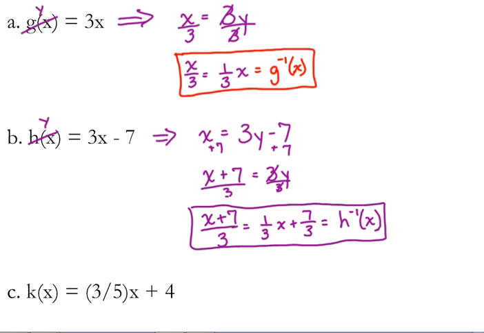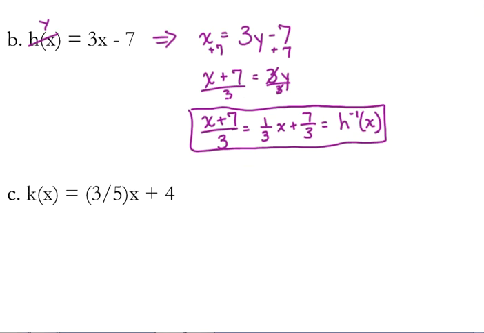Let's see if it still applies when we have a fraction. K of x is equal to 3/5 x plus 4. So again, start by switching x and y and solve for y. So first step here, we subtract the 4. Now, we're going to do the same thing that we did before, but since that is a fraction,